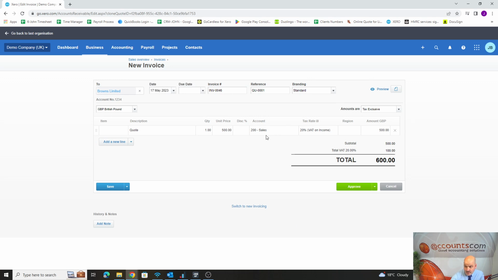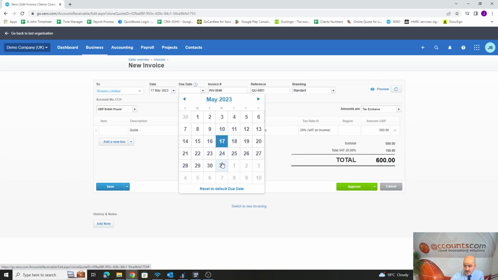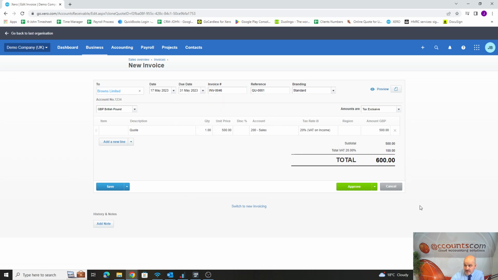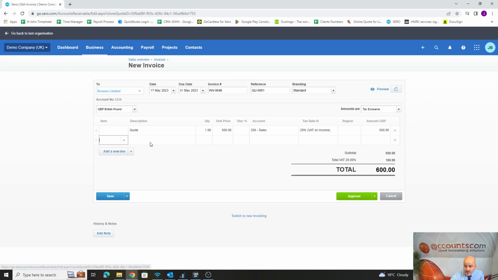Now if it hasn't altered, you can just put your due date in for your invoice, which it will need, so say the 31st of May, and then approve it. At that point you can add extra things in. So they may have phoned up and said, I do want it, but I want some extras please. So you can add your extras in there,